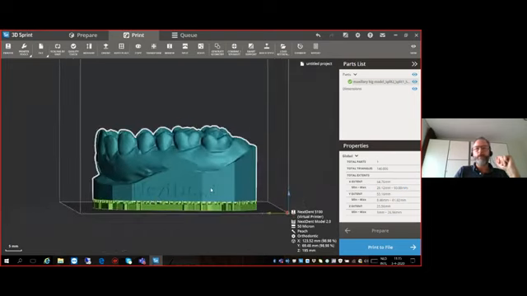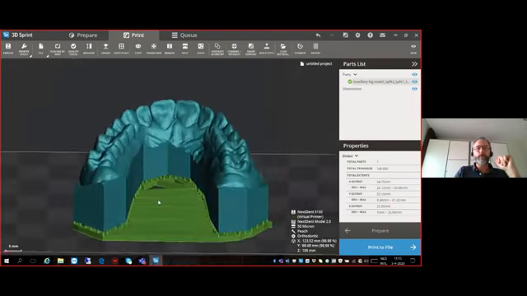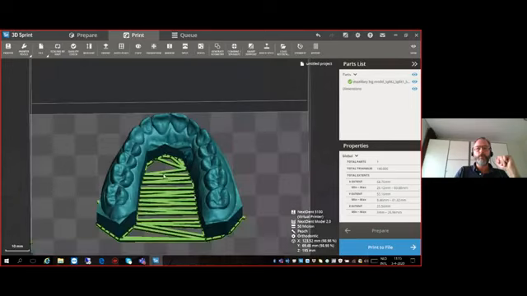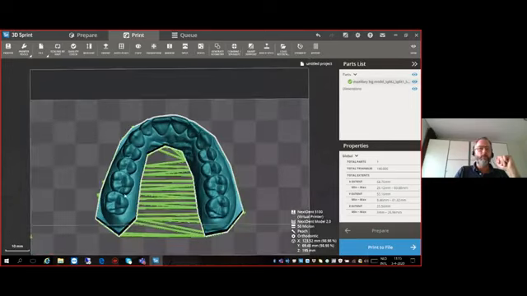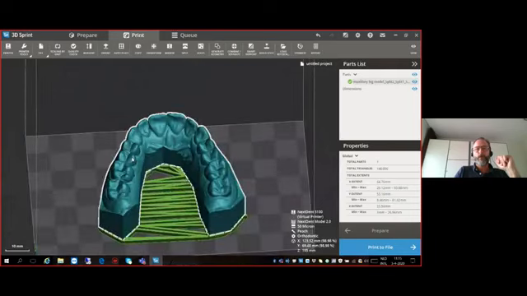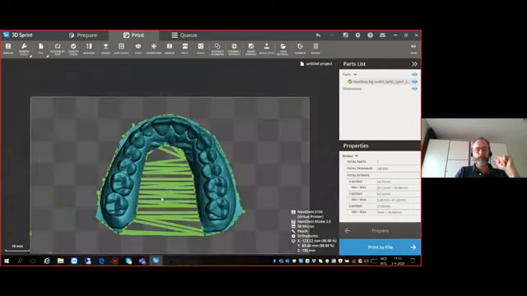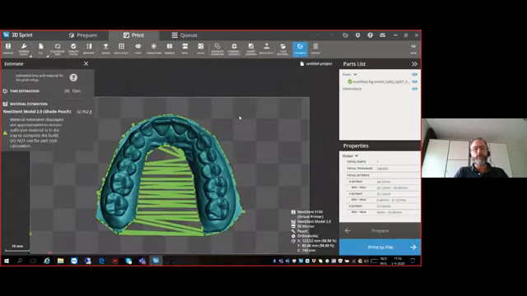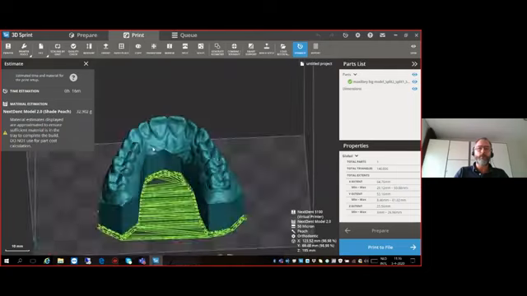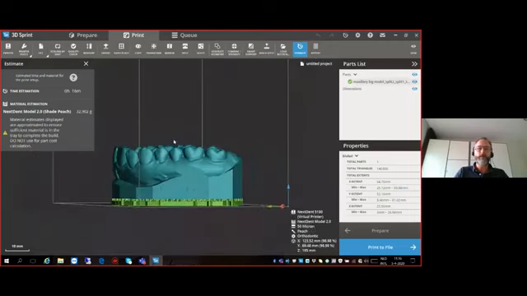And now by using the 3DSprint software, we went from a rather large solid model into a more manageable horseshoe model, which is now hollow and ready to print on our machine. Another nice option here is the estimate button, because how long will it take to print this actual model? Now you can see that this is an orthodontic model, quite high still, but it will only take 16 minutes